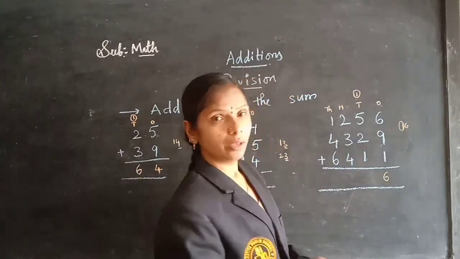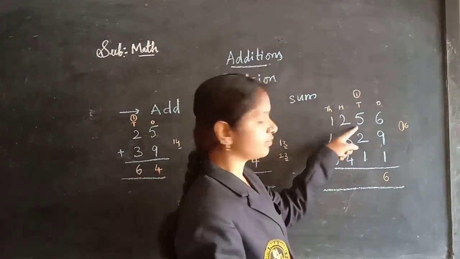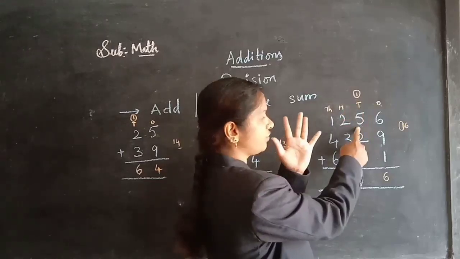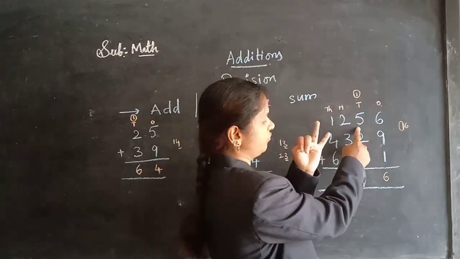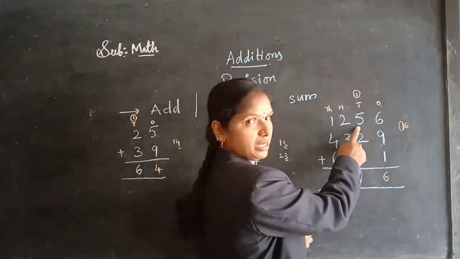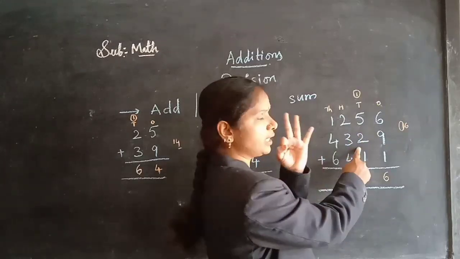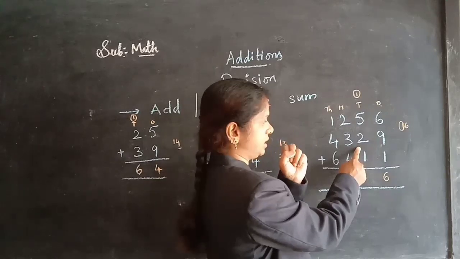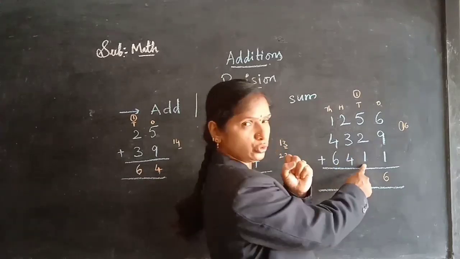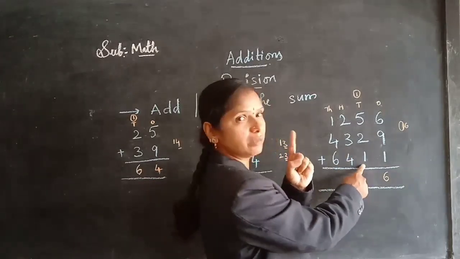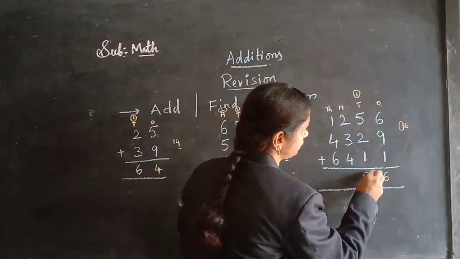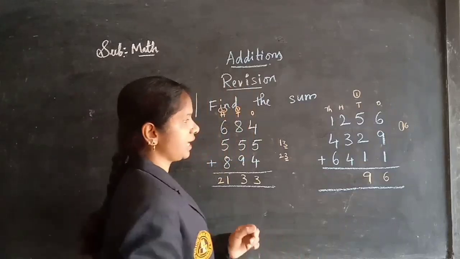Carry on the before place. Now 1 after 5 I need to add. 1 after 5, nothing but 2, 3, 4, 5, 6. 6 I am getting. Again 6 after I need to add 2. 6 after 2 means 7, 8. So 8 after again 1 I need to add here. So 8 after 1, nothing but 9. So here I am getting 9 in this place. We are not getting the carry, children.